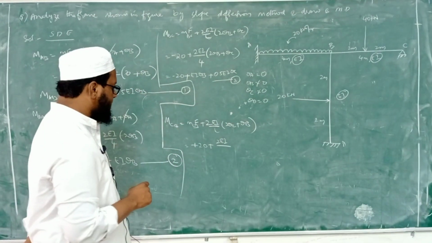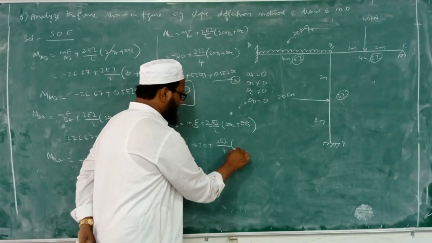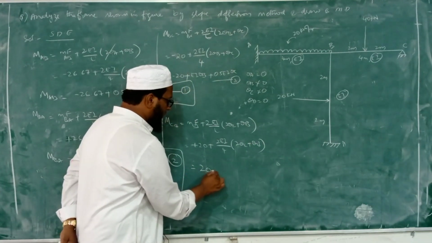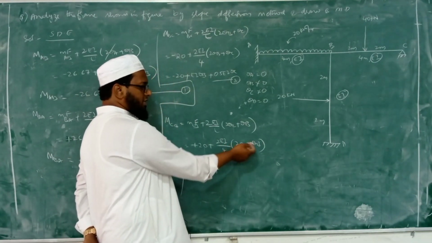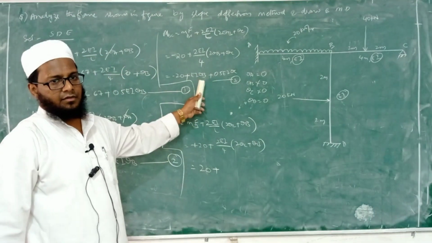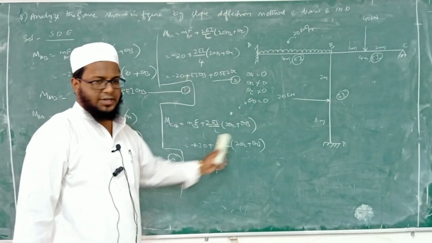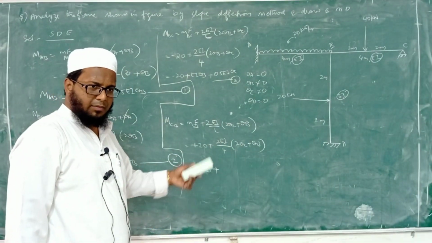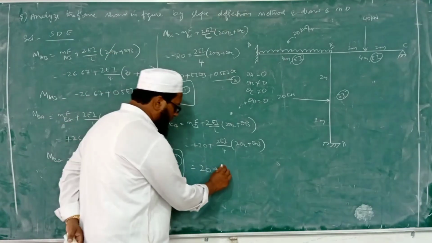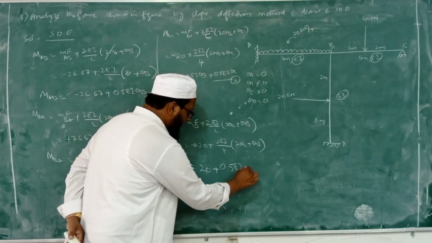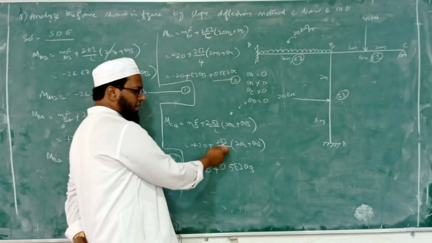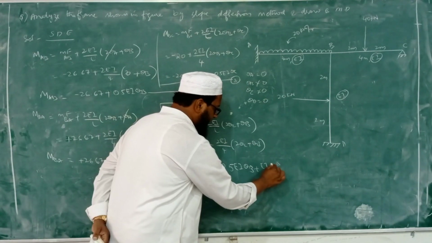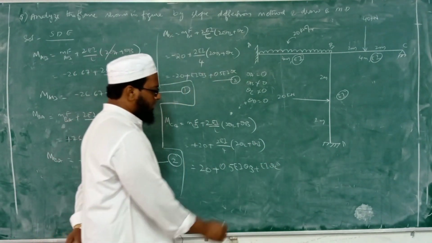What is the span of CB? 4 meter. So this is 2 theta C plus theta B. So what will happen here? 20 plus 2 2s are... since we have theta B first, we'll take up theta B first, that is 2 1s are 2, 2 by 4, 1 by 2, 1 by 2 is nothing but 0.5. So 0.5 EI theta B first, then I will write theta C, that is 4 by 4, 1. So plus EI theta C. So equation number